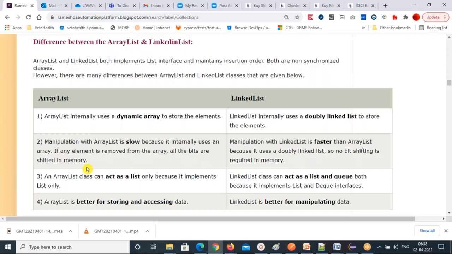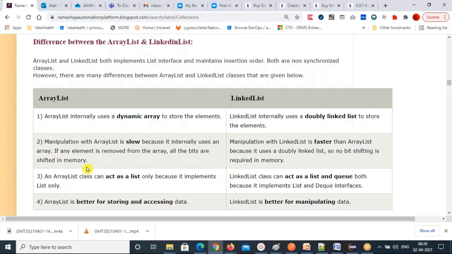Basically, the collection's main importance is storing the elements. That's the main motto of a collection. Dynamic elements you can store, they're not fixed elements. And another one, linked list also stores the elements, but it uses a singly linked list or doubly linked list. So that is the concept it uses.